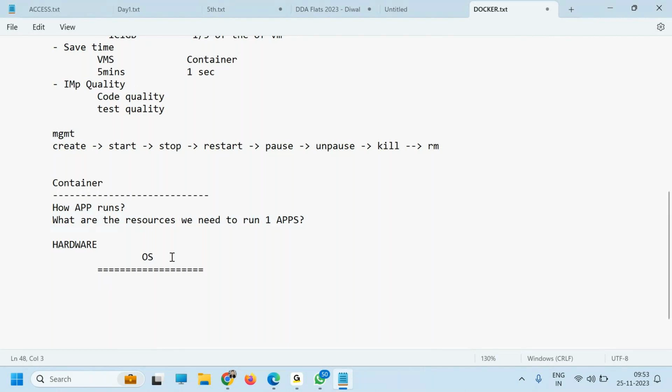So in an operating system, typically we have two kinds of file system. One is a boot file system, and then we have a root file system. So boot file system is equal to what? Boot file system means kernel. And root file system means what? Let me show you the root file system. So here